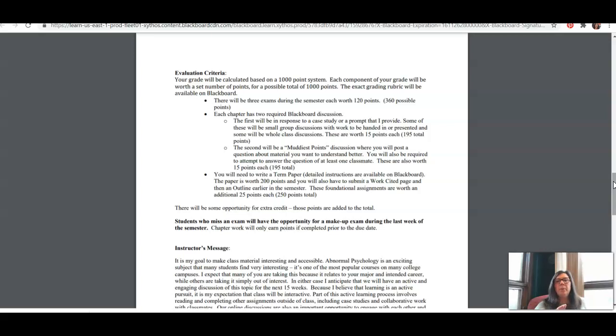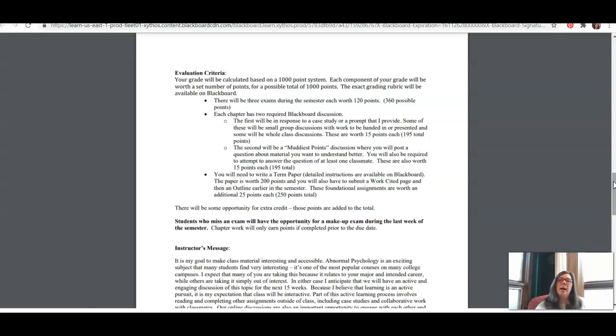So you will be earning points for everything you do as opposed to getting an A or a B. It does mean that there's no complicated math for you to do as you work through the course. You know that a perfect grade would be 1,000, anything over a 920 will be an A, etc. And you know that you don't want to lose more than 80 points, let's say,